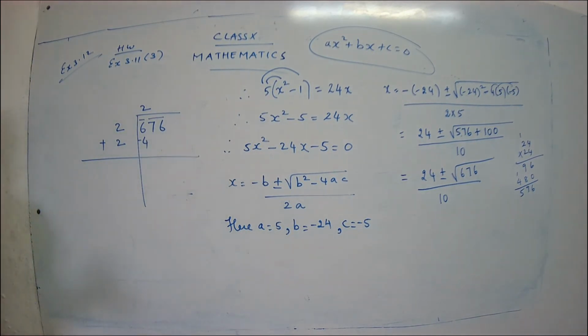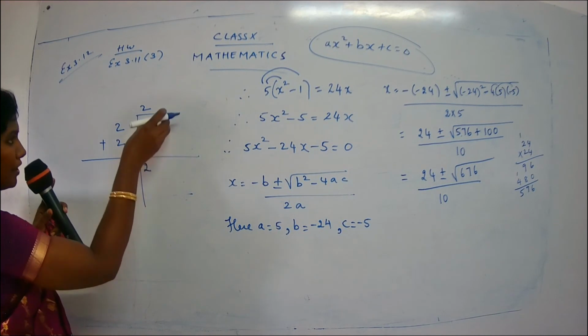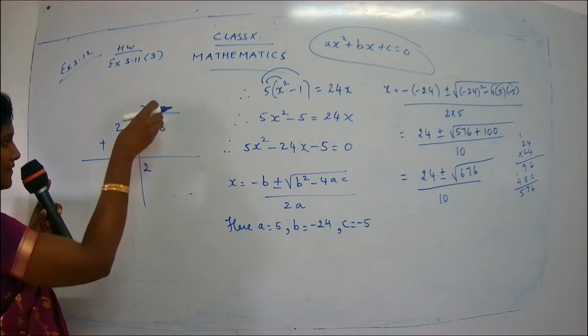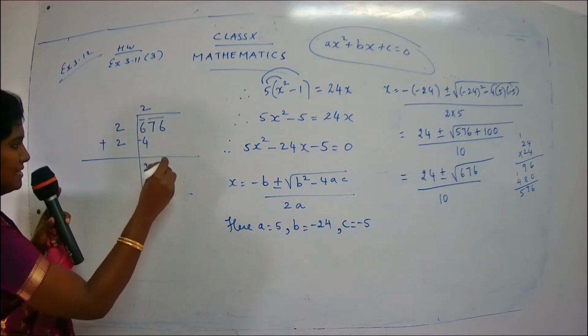This is the method that we have already used for finding square root by division method, yes? I hope so. Yes, children? So same manner, okay? We are going to follow the same manner. So you get 2, 2, 2. So 3 times you have written 2. So 6 minus 4. What is 6 minus 4? It's 2. And now what you have to do? You have to just bring this 76 down. So you get here 7, 6.